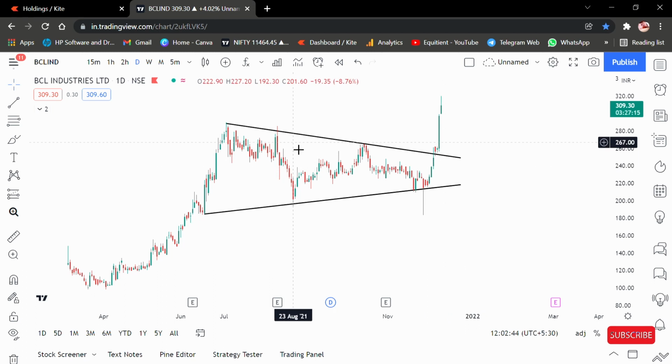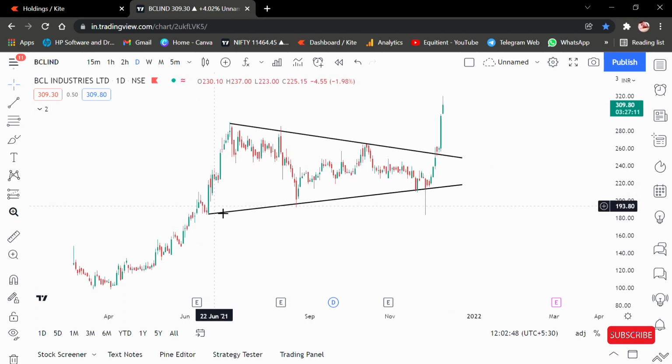So let me show you where I entered. Look at the selling in the pattern. So here is the buying, strong buying, weak selling, again a little bit of sideways movement, again here at the start selling was strong, but as it comes to support the selling pressure decreases. Look at this buying pressure, it shows strong buying, right? After the breakout it took some time, traded for 2, 3 days. So this is on the daily chart.